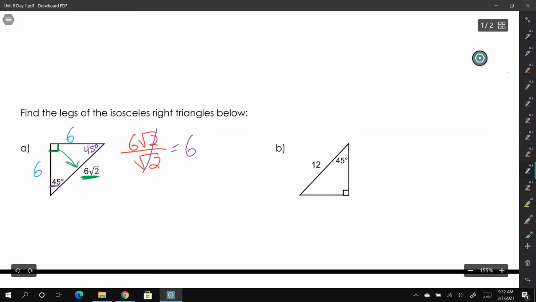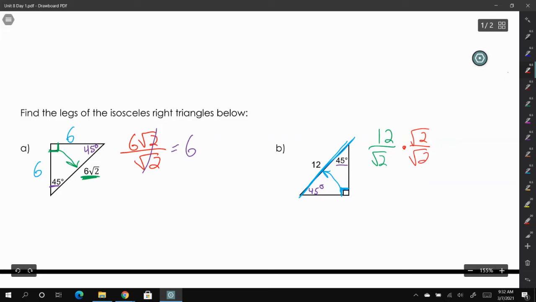Now in letter B, again, we have our hypotenuse right here. It's across from the box. 45 degrees, this must be 45 degrees as well. So you would take that 12 and divide it by the square root of 2. Well, notice there's nothing to cancel out here. We don't have anything to make this a little bit simpler. So we need to